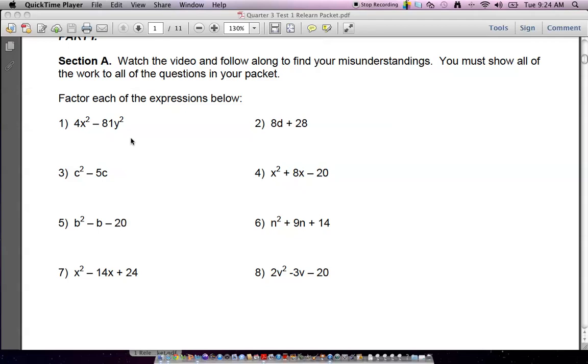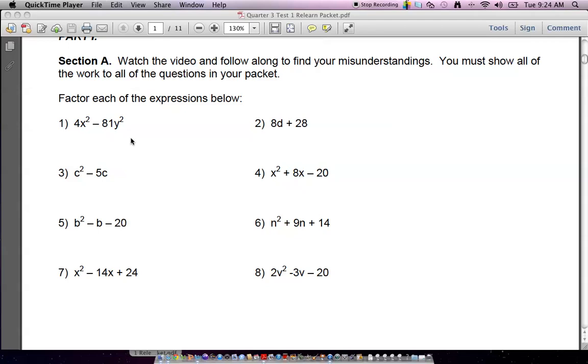The only way that happens is if you don't work hard, if you are irresponsible. If you are responsible, you get it right. The good news is, I do believe in redemption, and you have a chance now to redeem yourself. So we take a look at number 1. And as I'm looking at number 1, I have to learn to recognize certain things. Number 1 is the kind of question that we call the difference